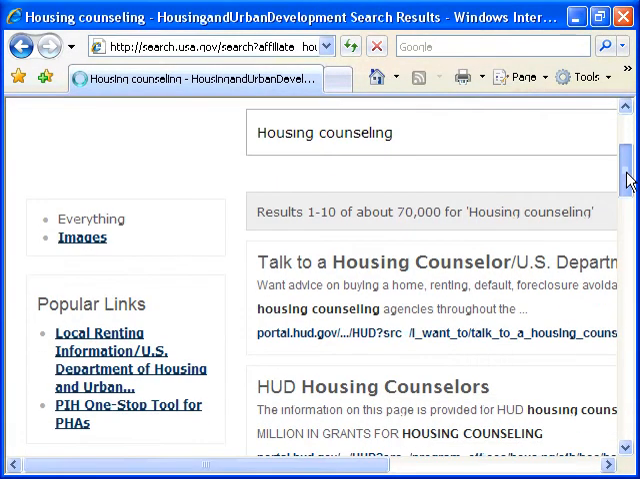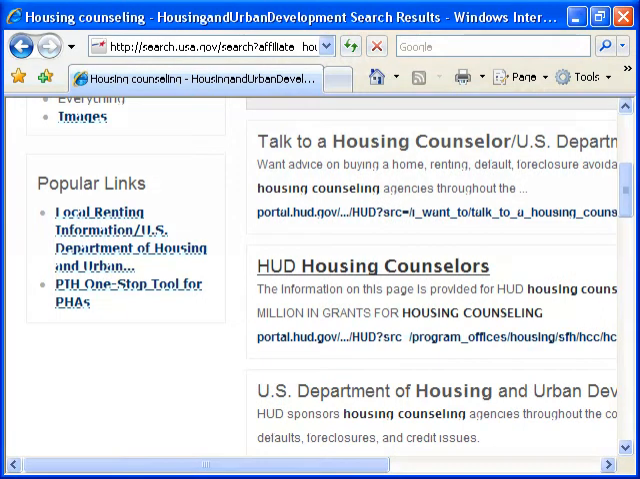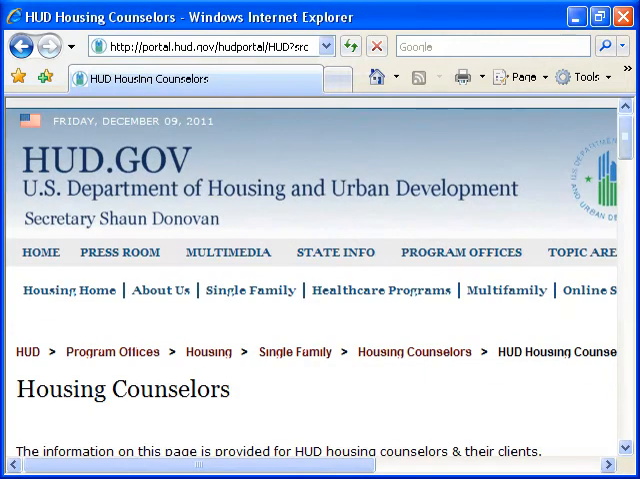where you will see the first page, which you've already visited. The second page is the HUD website page dedicated to housing counselors. Clicking on this link will bring you to the page that provides the most information pertinent to a housing counseling